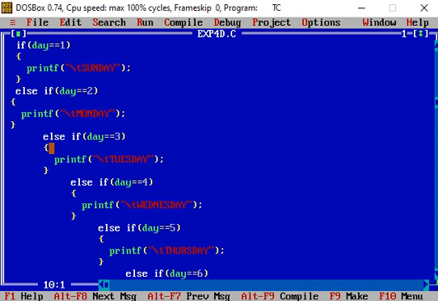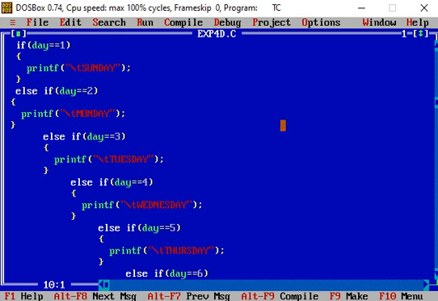Then in the else part again the condition was tested, day equal to 3, that was false, that is wrong condition. Then in the else part, else if day equal to 4, so this condition is true. So the else if block is executed, and using the printf statement we print the output as Wednesday.